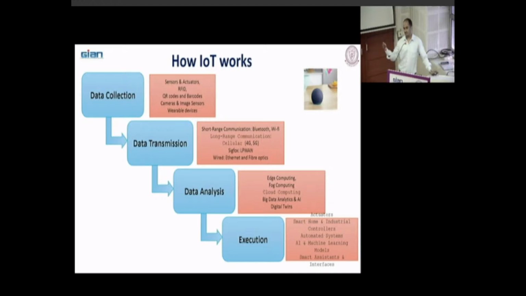Then Alexa will say that it is turning the lights on, and at that time it will connect the cloud server to that smart device, whatever smart bulb you are talking about. It will connect to that one, and then your lights will be turned on. So this is the whole process of any IoT device working.